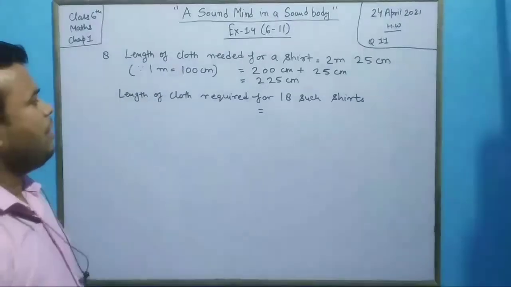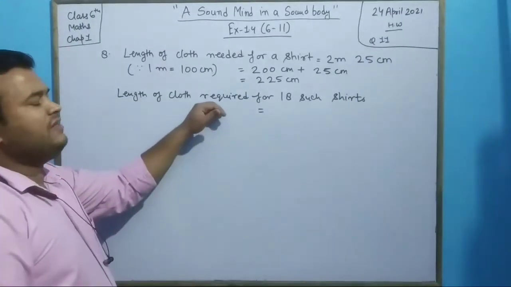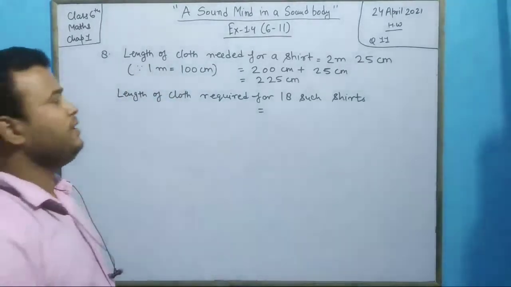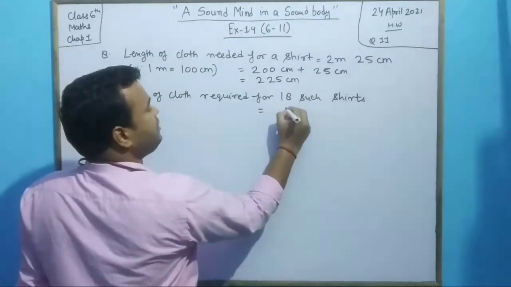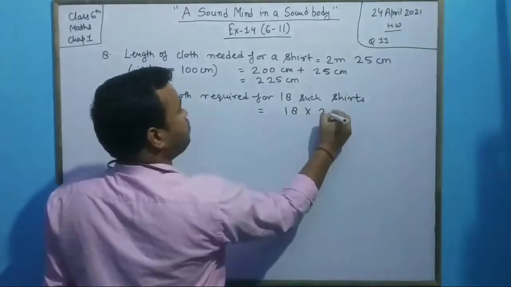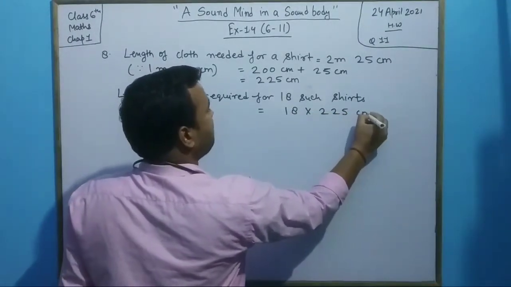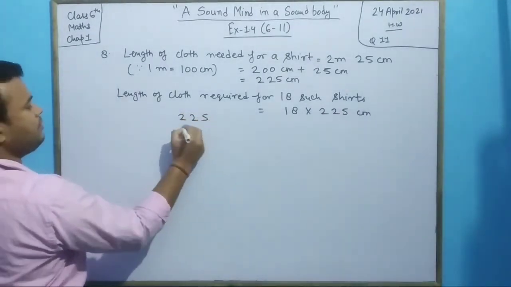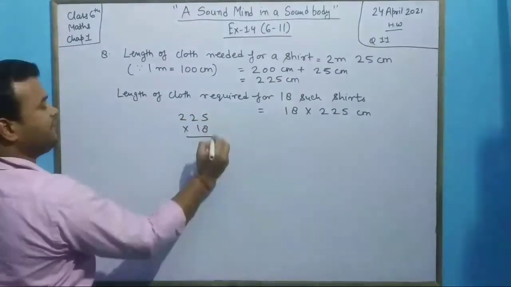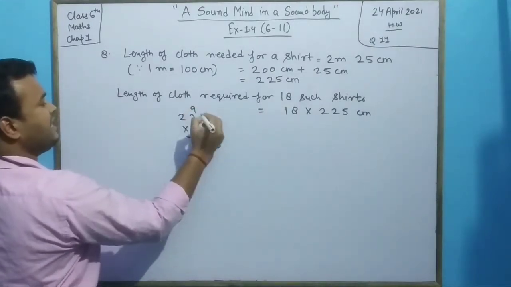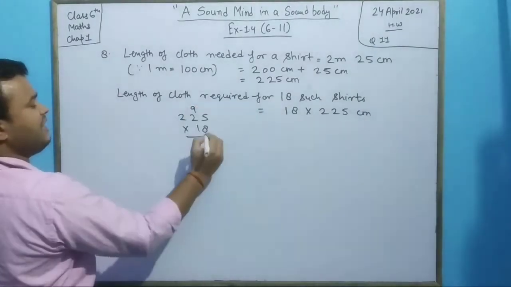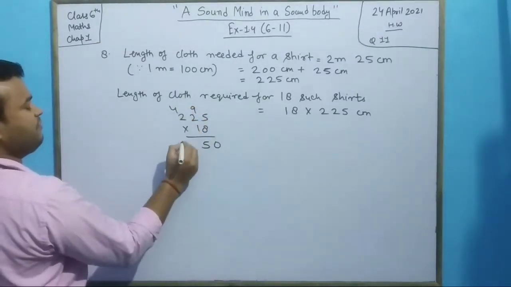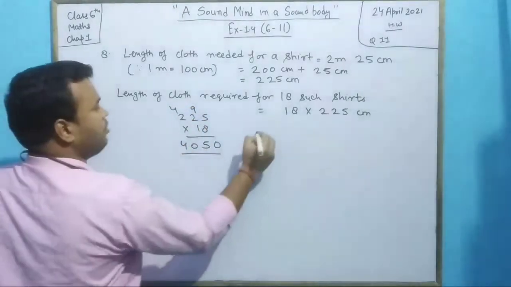Now again this is a similar question to the previous one, that is the 7th one. So here also we need to multiply 18 into 225 centimeter. Just multiply this over here. 18 5 times 90, 0 and 9 carry, 18 2's are 36, 36 plus 9 that is 45, 5 and 4 carry, 18 2's are 36, 36 plus 4 that is 40. Now so it will be